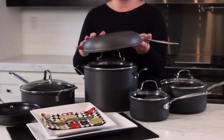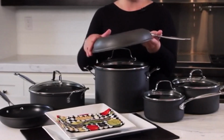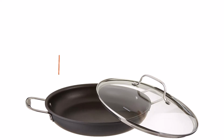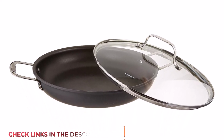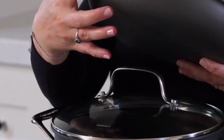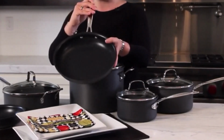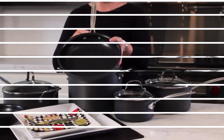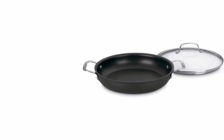The included lid and oven-safe rating of 450 degrees Fahrenheit further expands the culinary applications of this pan. The nonstick coating is sufficient, though it wouldn't hurt to grease the pan for delicate items such as eggs or fish. Unfortunately, the Contemporary struggled in our stick tests, which were conducted without grease. While the results were not catastrophic, we experienced issues with fish and eggs slightly adhering, though we could still flip